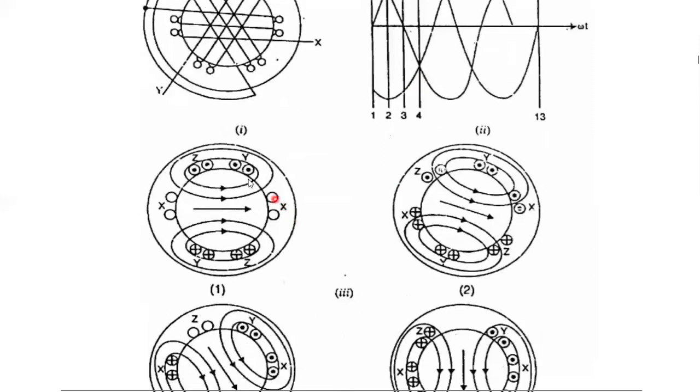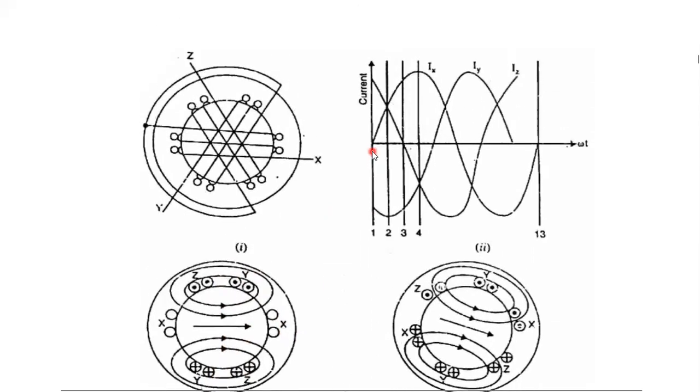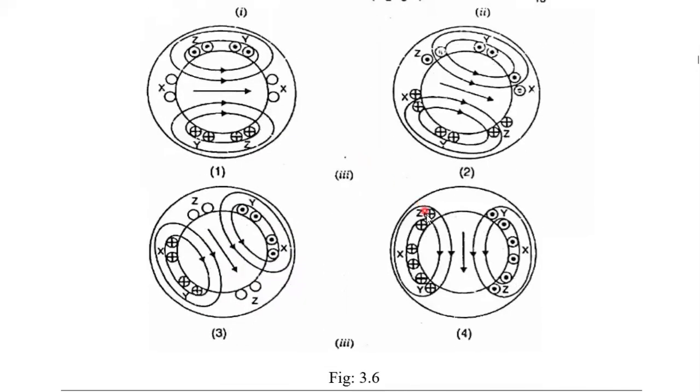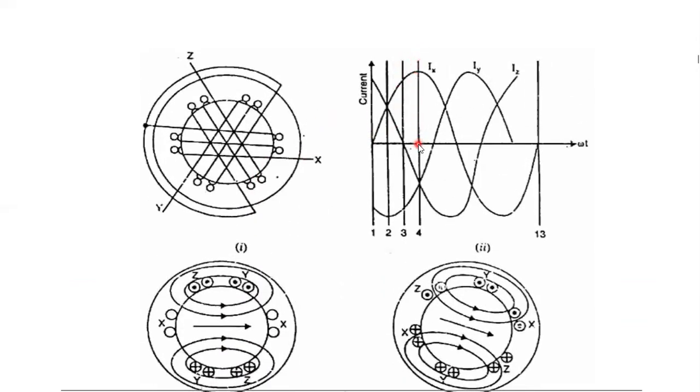This is a two-pole machine. Here this is one pole and this is another pole, north pole and south pole. This is for a two-pole machine only. For a two-pole machine, in 1/4 of the cycle, the field rotates 90 degrees. Am I right or not? Here this is 0 degrees, and here 90 degrees: 0, 30, 60, 90. The field rotates 90 degrees per quarter cycle.